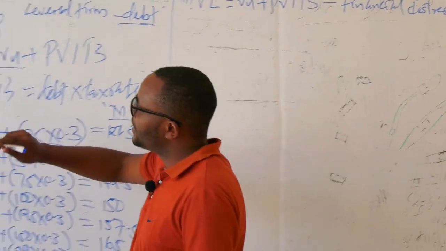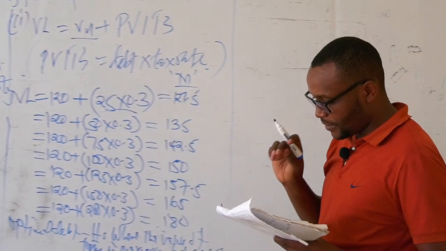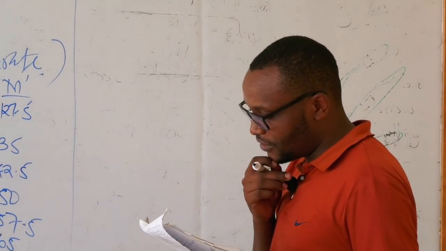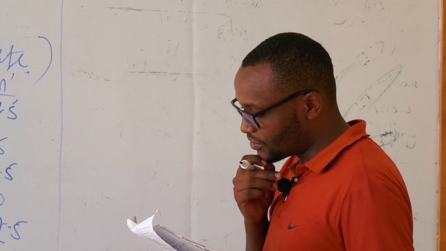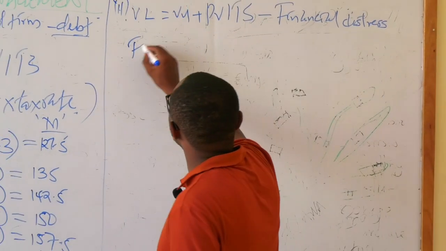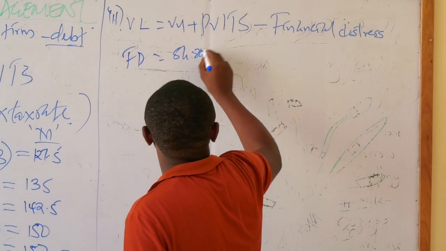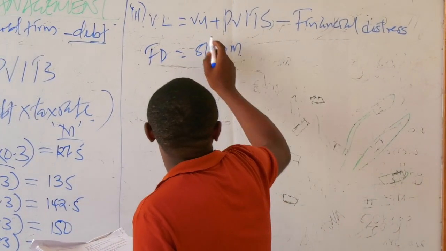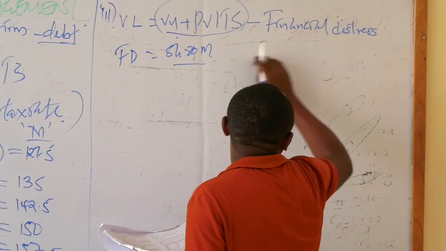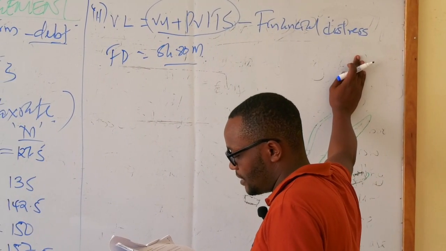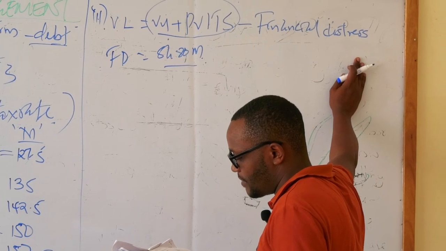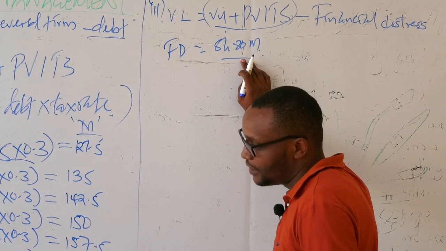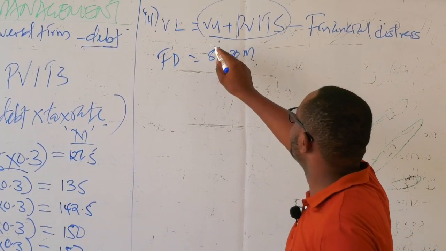And under here, we had our financial distress. Reading from the question, the management company is considering... the estimated present value of any future financial distress cost is 80 million shillings. So we have financial distress of 80 million. We are going to repeat the same thing, but here we have already done this one, so you are going to subtract from the value of the firm. So we say the financial distress is equal to 80 million. I've told you you're going to replicate what we did before.